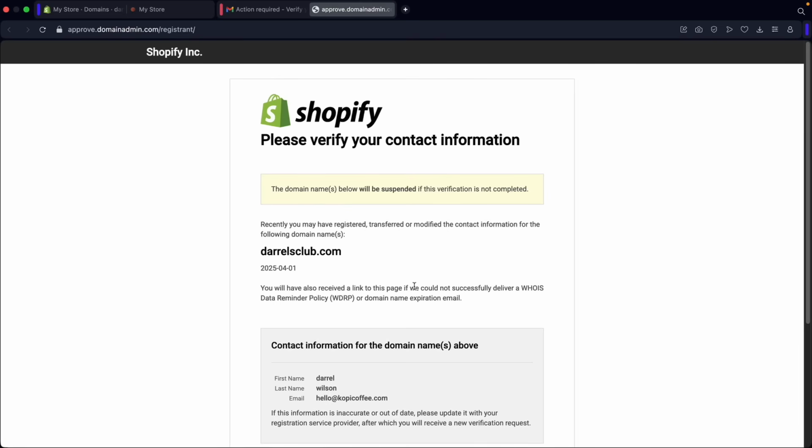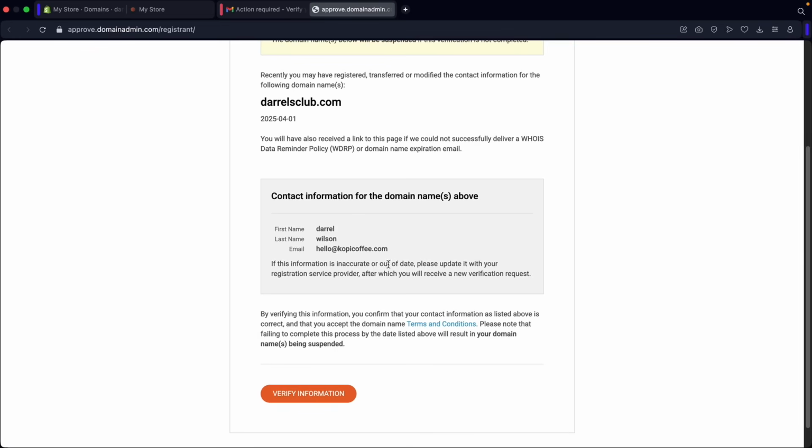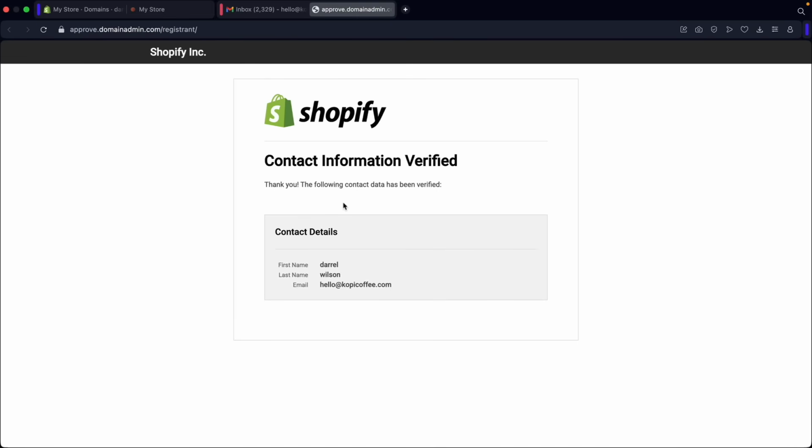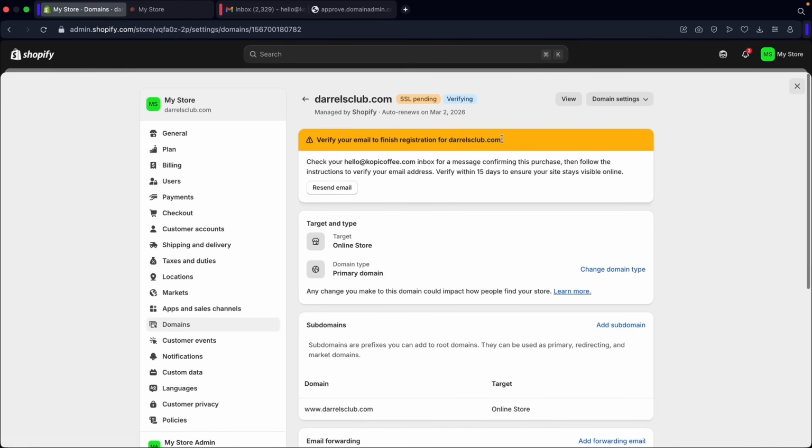So now we wanna verify our contact information. So if we scroll down, you'll see that we have my first name, the last name, and the email. And all I gotta do is click on verify information. And that's it. So once you verify it, Shopify will take up to 24 hours to add the domain to your Shopify store. Now for me personally, it only took about an hour. So just wait about an hour or two, check back to your store,